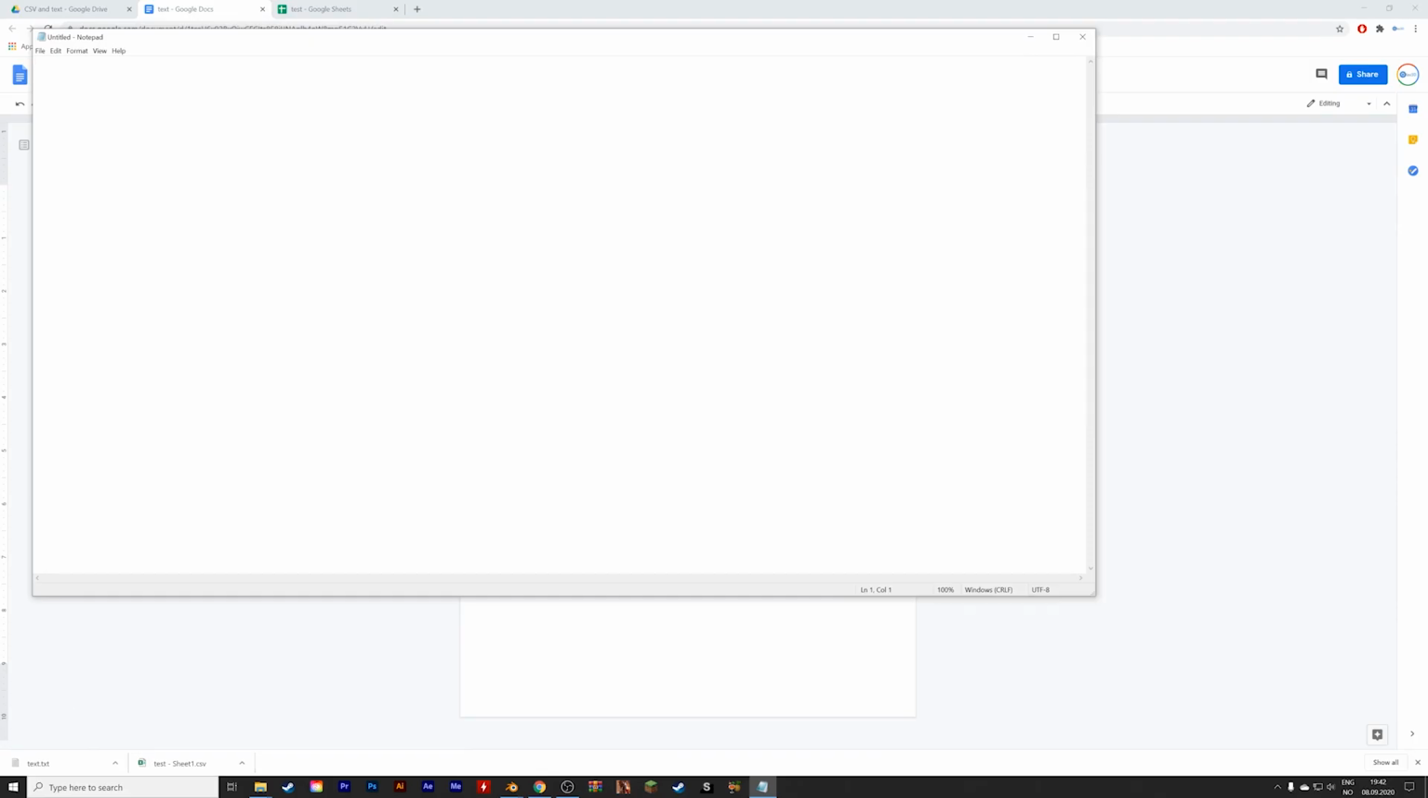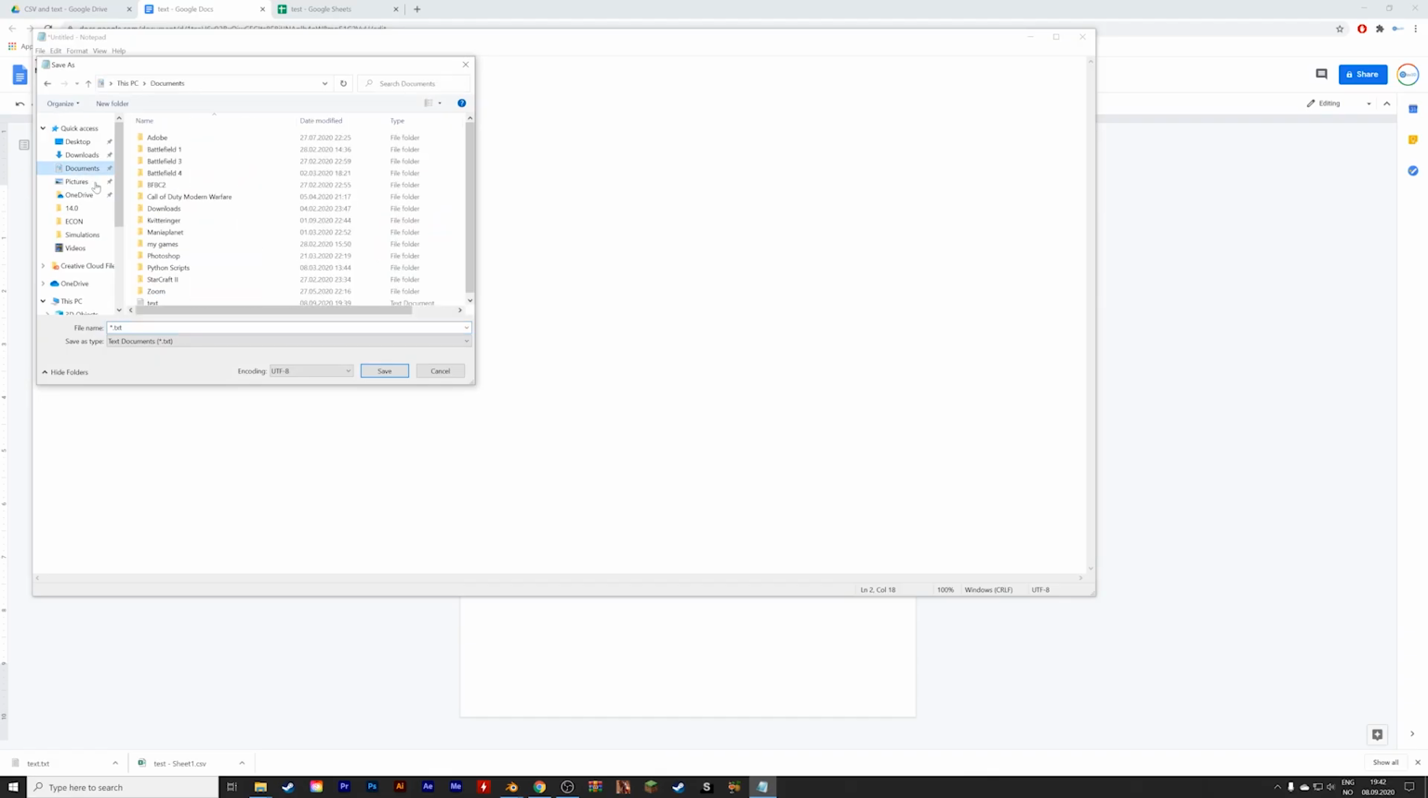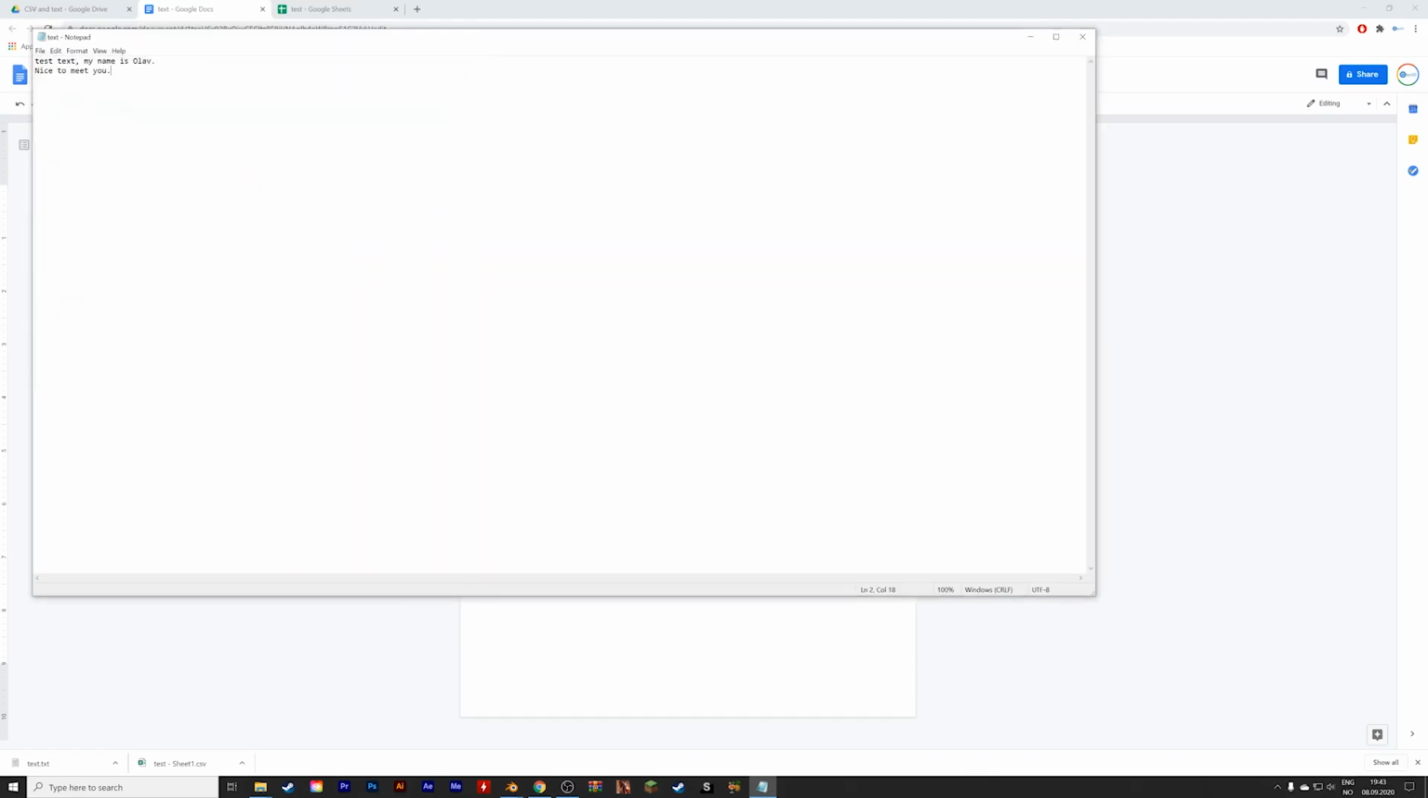So let's once again write some test texts. And then we're going to save this as a .txt file. And I'm just going to overwrite the previous text file. So file, save as. And then I'm going to go into the documents, select the previous one, and then overwrite, replace it, and then